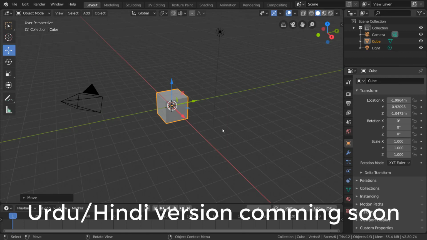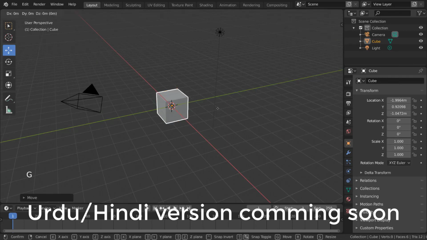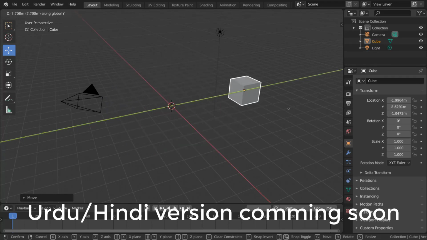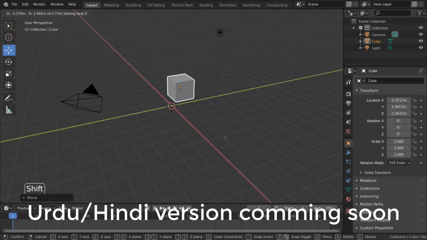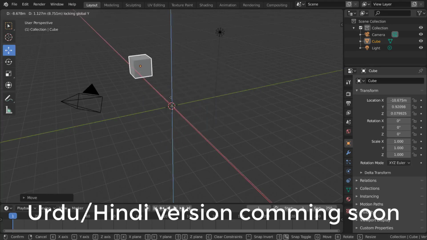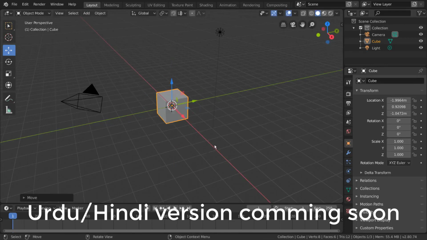For hotkey users, you can press G as in grab to initiate the move along your viewing plane. You can then press X, Y, or Z to move it along a specific axis like the colored arrows did. Or you can hold Shift and press X, Y, or Z to move it along the other 2 axes like the colored squares did. You can right-click at any time to cancel the move, or left-click to apply the new